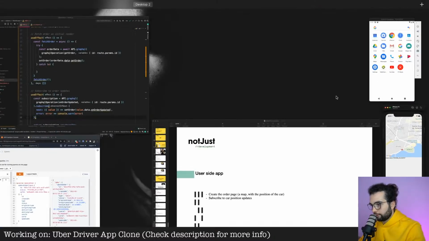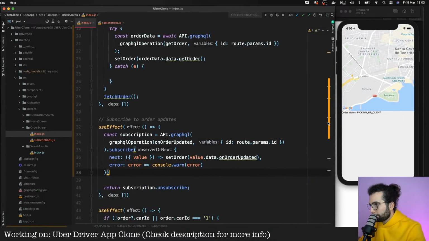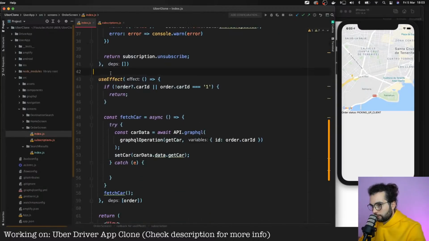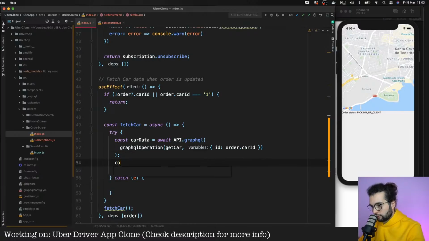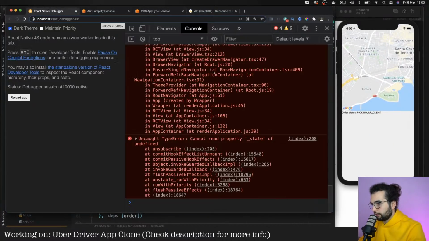Yeah, something is not working there, but we can debug. So here, fetch car data when order is updated. I'm going to console log the car data. Save, and let's open it here. Can't read property state of undefined.